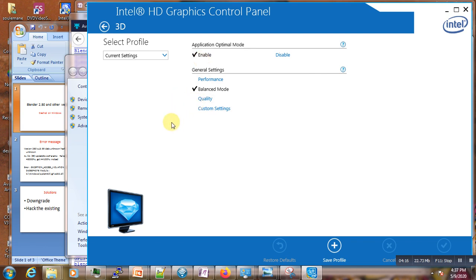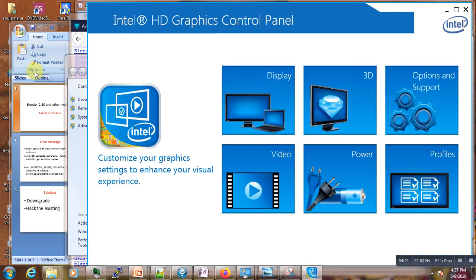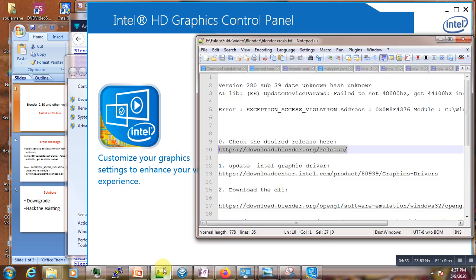And then the next thing that you have to do is to make sure that your graphics driver is up to date. In order to do that, you need to get to the system here.